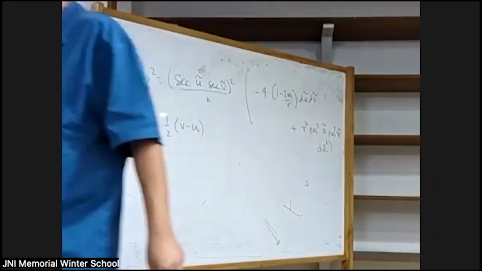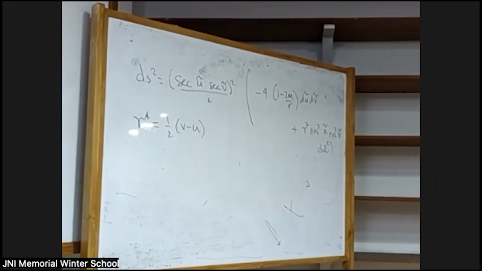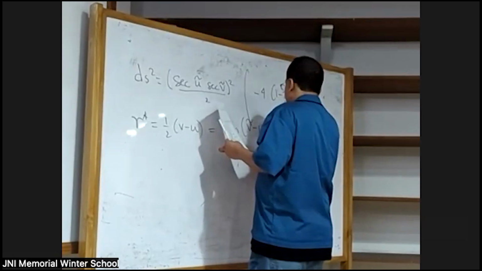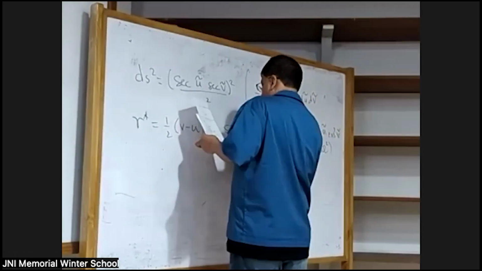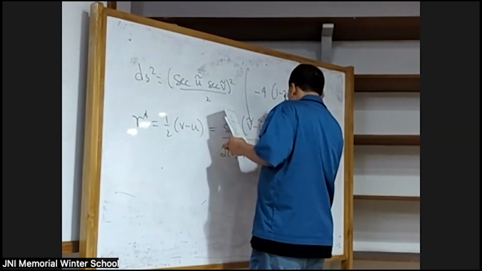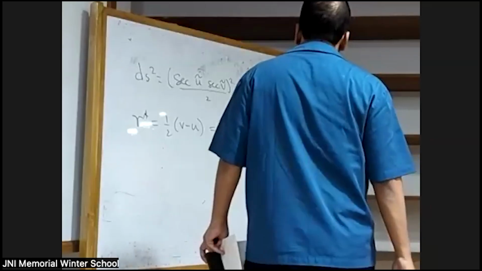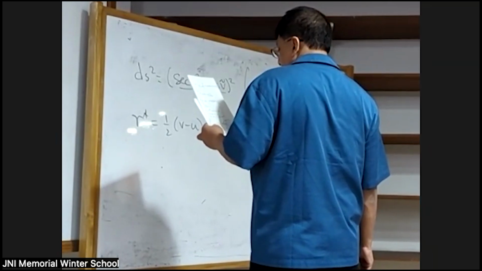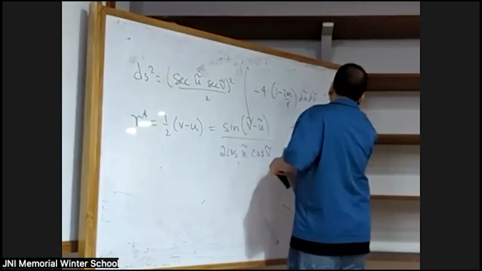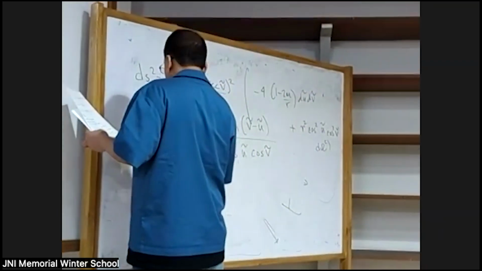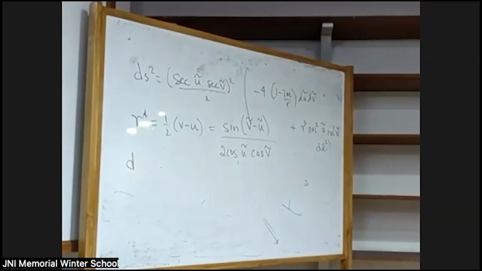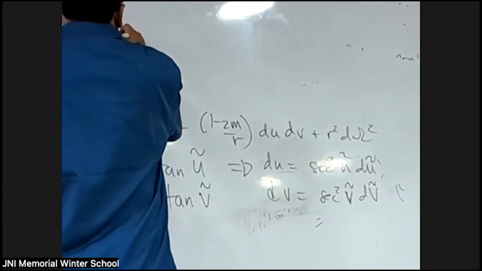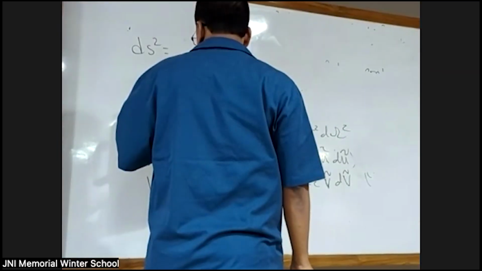If I use these formulas for u and v, I can write this in terms of sine, and that's going to allow me to rewrite this piece. So then I'll get ds squared is equal to